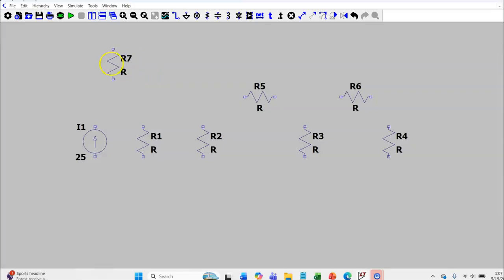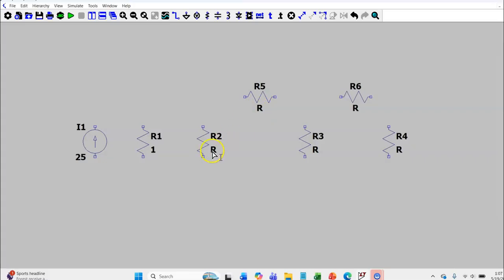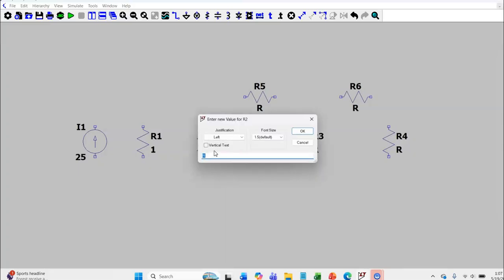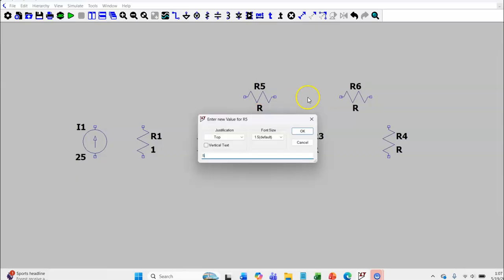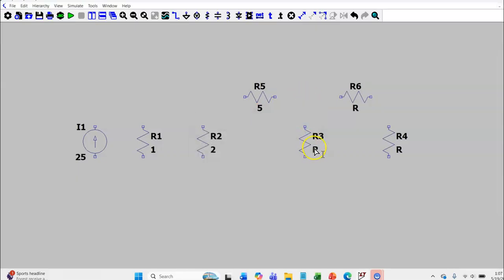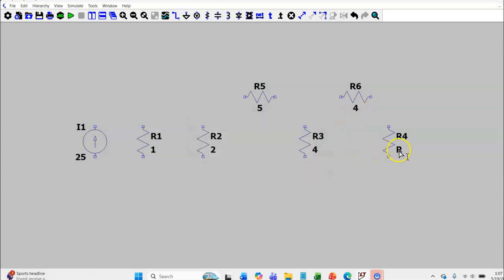We already have our resistor, so I'm going to right click to exit out. This resistor is 1 ohm, so I right click on this value to put 1 ohm, then 2 ohms, 5 ohms, 4 ohms, 4 ohms,